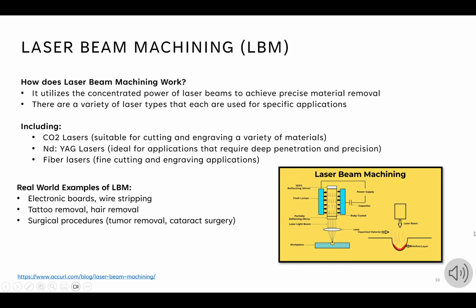Next, we have laser beam machining, which utilizes the concentrated power of laser beams to achieve precise material removal. Now, there are a variety of laser types for laser beam machining that are each used for specific reasons. This includes CO2 lasers, which are more suitable for cutting and engraving a variety of materials, Nd:YAG lasers, which are ideal for applications that require deep penetration and precision, and fiber lasers, which are used for fine cutting and engraving